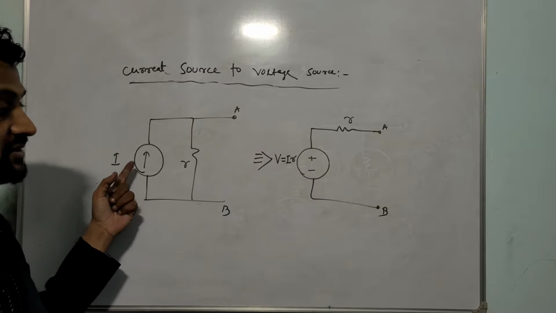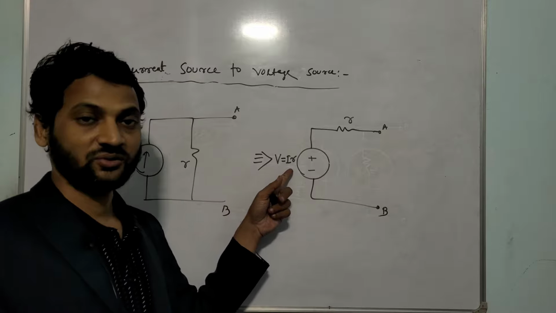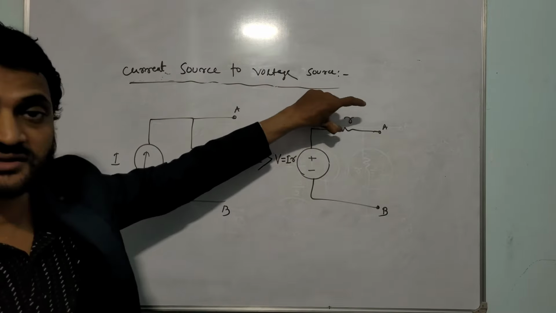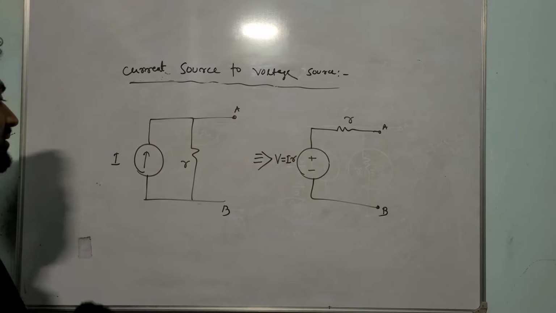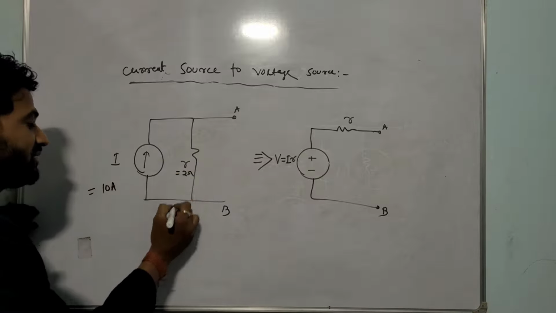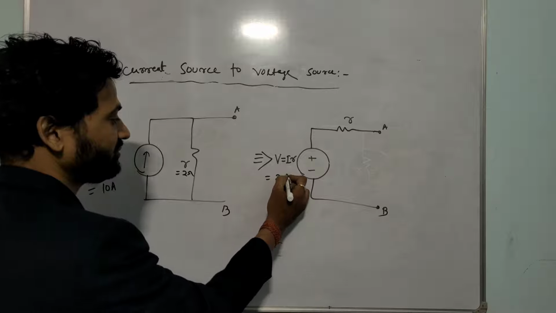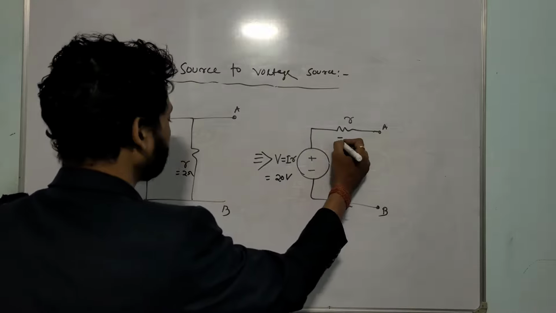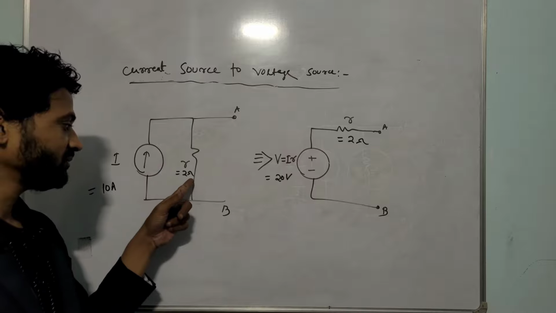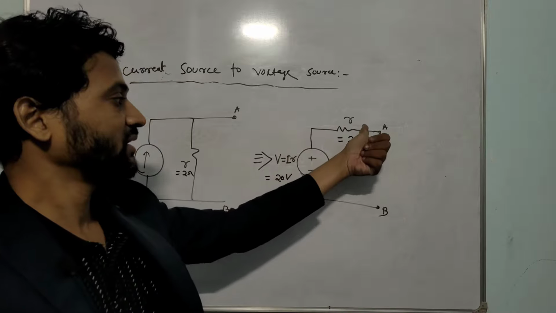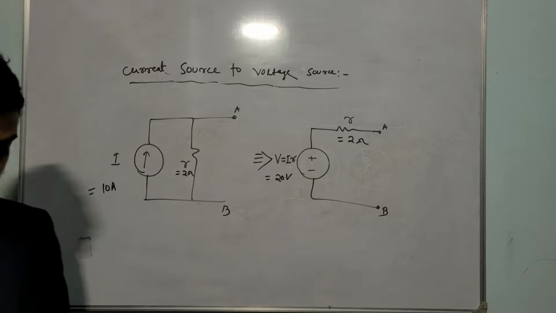देखो, in the current source the magnitude of current is given, so voltage you can find out according to Ohm's law, V is equal to IR, ठीक है। But the value of internal resistance will not change। एक example दे देते हैं, let current source is 10 ampere, internal resistance is 2 ohm, tell me what is the voltage? Voltage will be 20 volt, 10 into 2 that is 20 volt, and what about its internal resistance? 2 ohm। So इसमें conclusion क्या है, 10 ampere of current source in parallel with internal resistance of 2 ohm will be equivalent to 20 volt of voltage source with internal resistance 2 ohm, ठीक है।